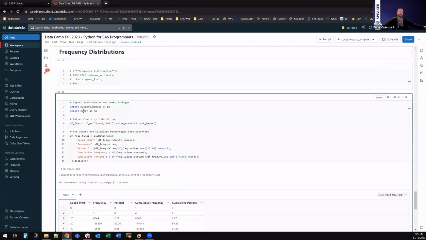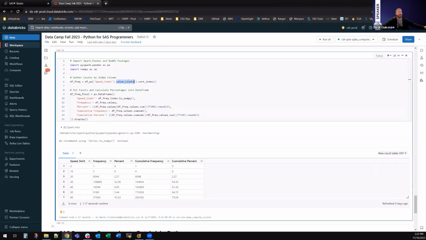Here, we do utilize another common package within Python referred to as NumPy. This works very well with arrays and works very well with Pandas, as well as with PySpark, a Pandas package. What we're doing here is outputting all of the unique values and their counts within our speed limit column. We're then taking each of the values and putting it out as the frequency. And then we are calculating our percentage using the values over the sum of the values. Here we're using this sum function. And then you'll see the cumulative frequency. Python has this cumsum functionality,